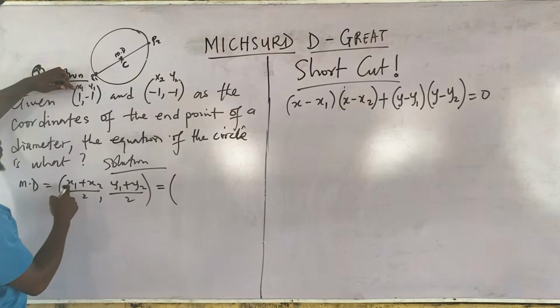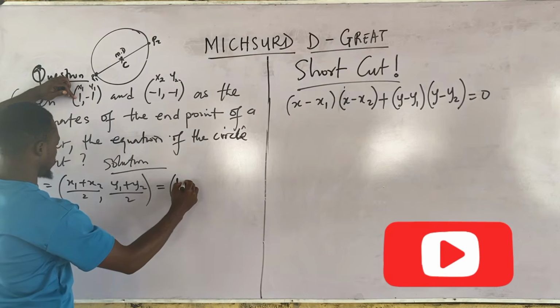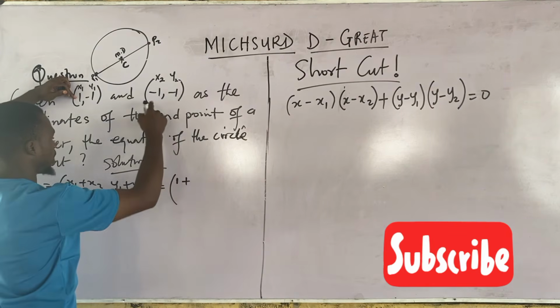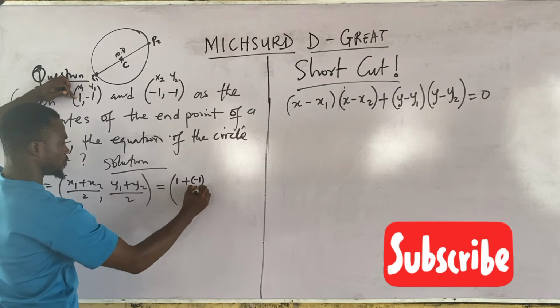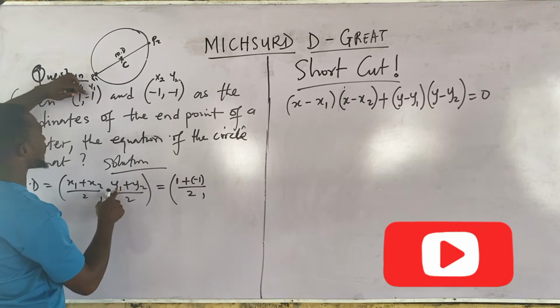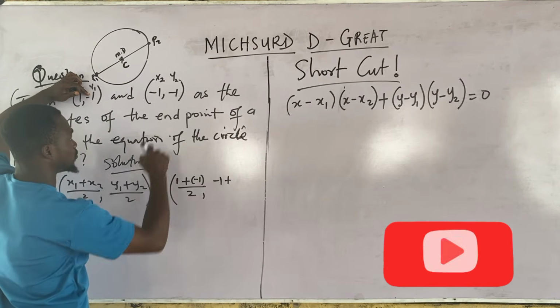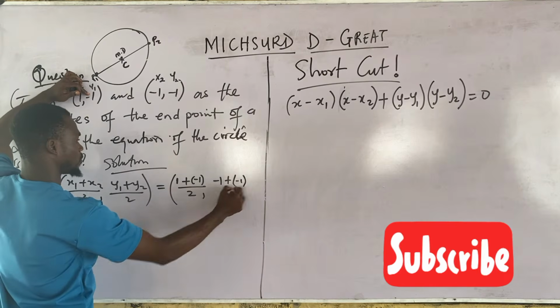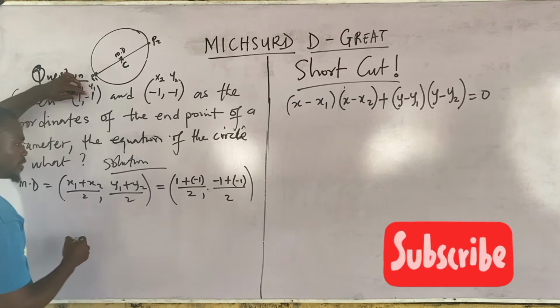So if we substitute, our x1 is 1 plus our x2 is minus 1, so we have minus 1 all over 2, y1 is minus 1 plus y2 is minus 1 all over 2. So if we solve this,